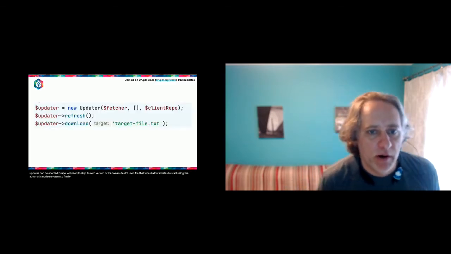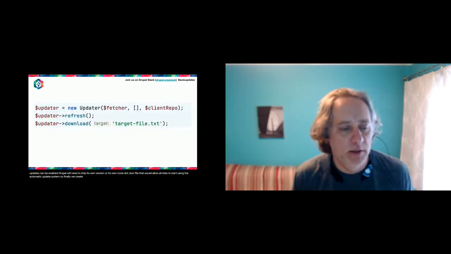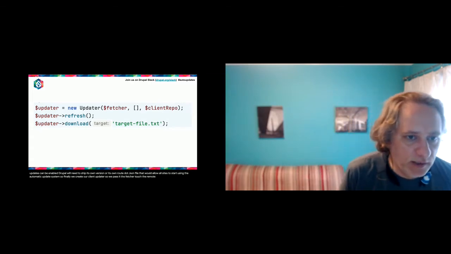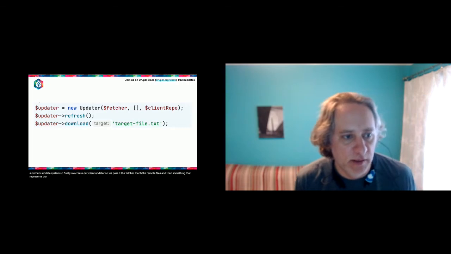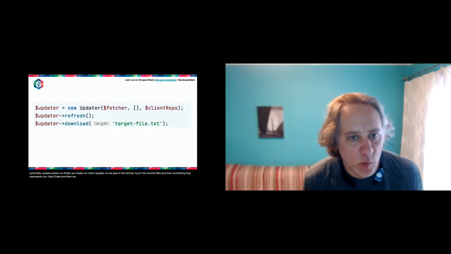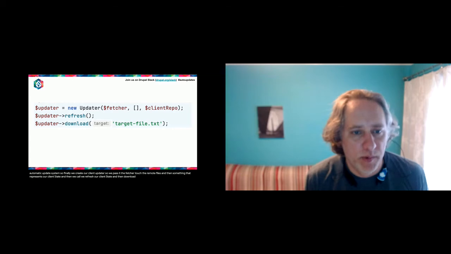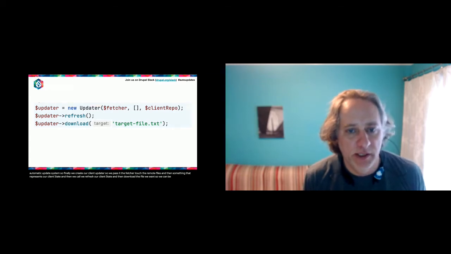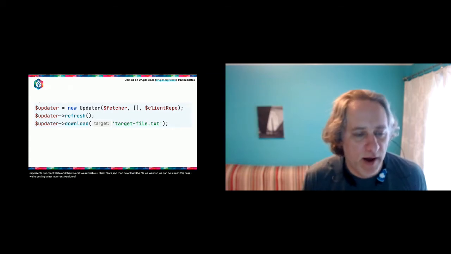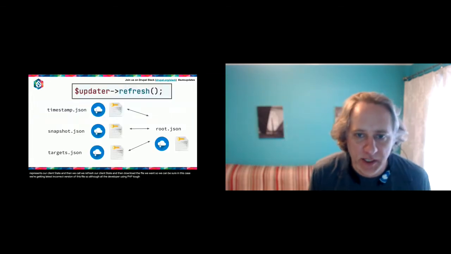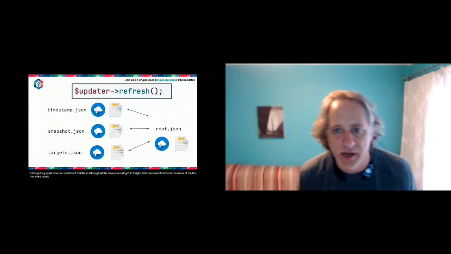So finally, we create our client repo updater. We pass it the fetcher and the client repo. So basically something to fetch the remote files and then something that represents the client state. And then we refresh our client state and then download the file we want. So we can be sure in this case that we're getting the latest and correct version of this file. So although all the developer using the PHP TUF library needs to know is the name of the file that they would like to download,